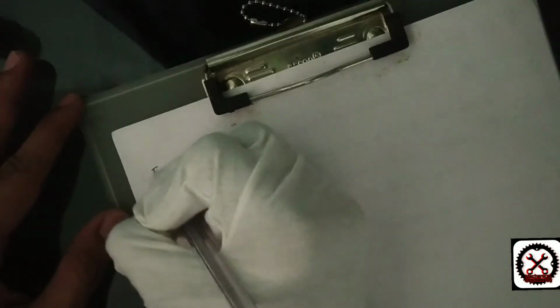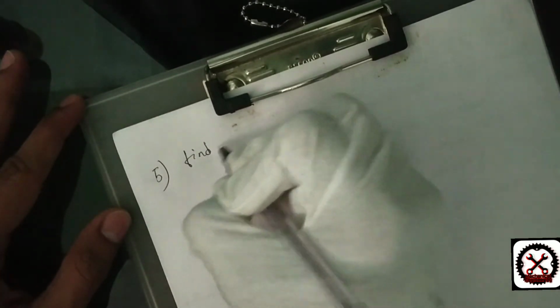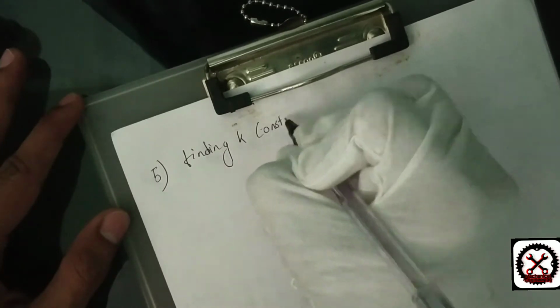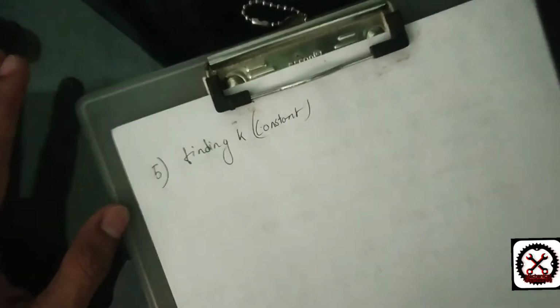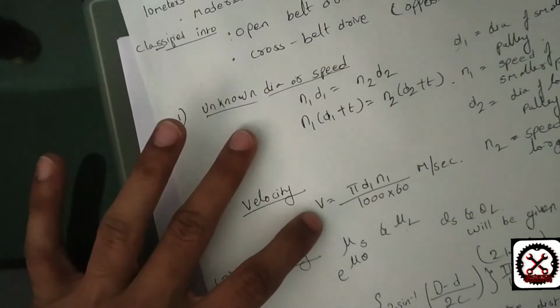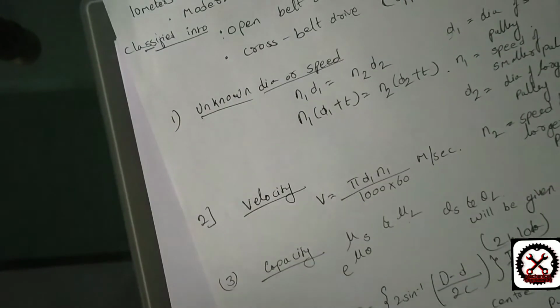Fifth one, finding K constant. This is not the first and the second. This formula you have to keep it in your mind, and this, even the second one, as these two are not given. The rest are given in the data handbook,